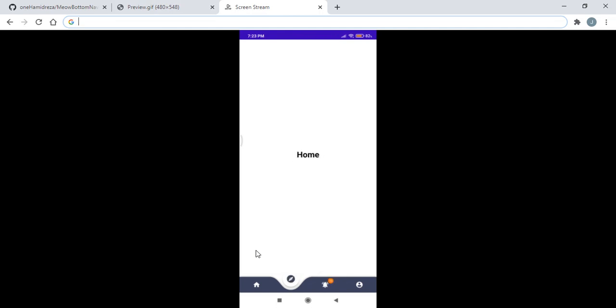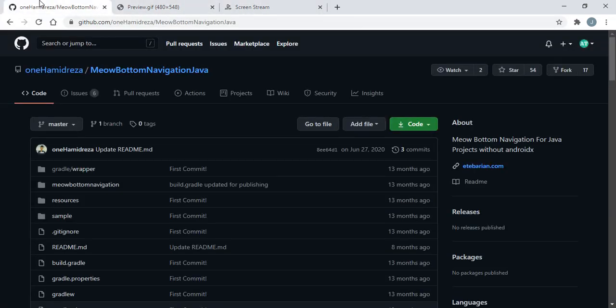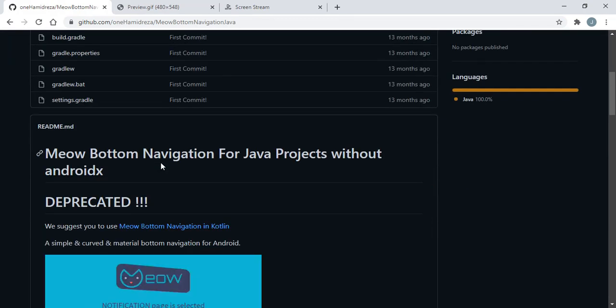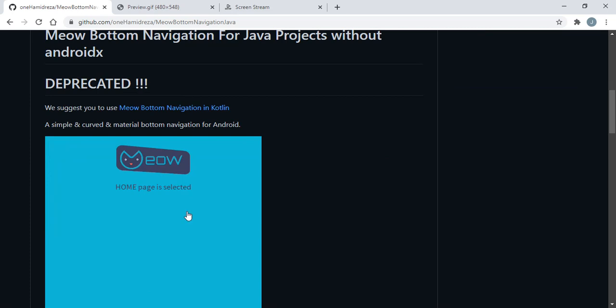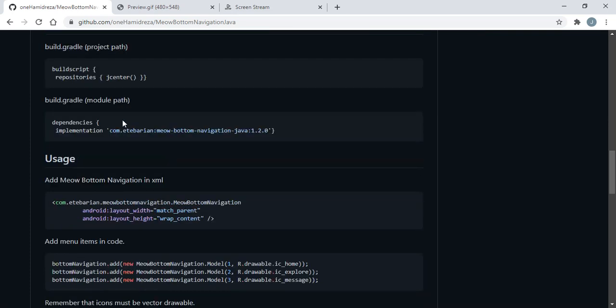our dependency. So first dependency we are going to use is this Mio bottom navigation Java. With the help of this library, I am going to add the bottom navigation drawer. So to add this, we have to first implement this much line of code in our Android Studio.